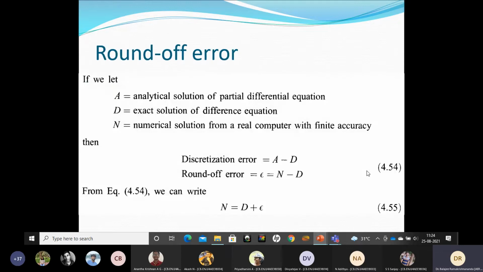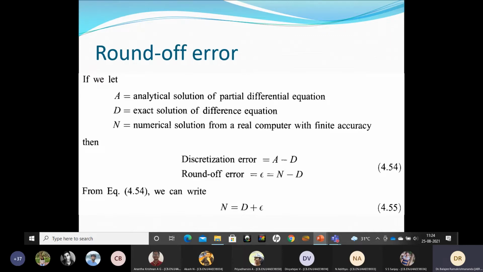So now let's revisit and get some things clear. We can't do anything about discretization error. This order of delta t and order of delta x squared, we can reduce only by reducing delta t and reducing delta x. That is the only way you can reduce that error. But what about the round off error? Okay. So let's say